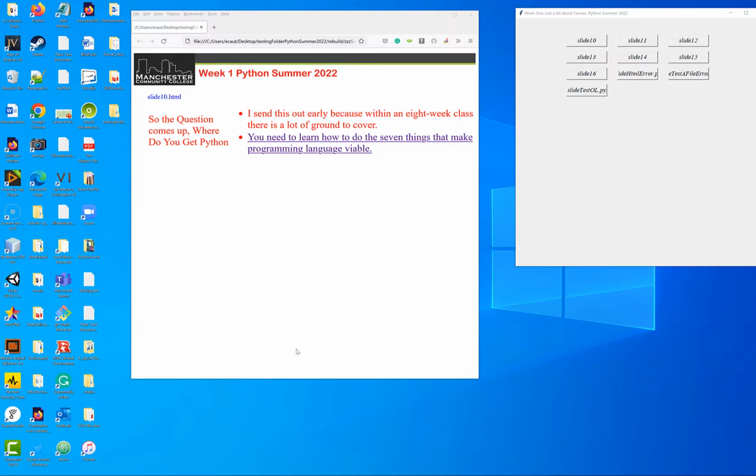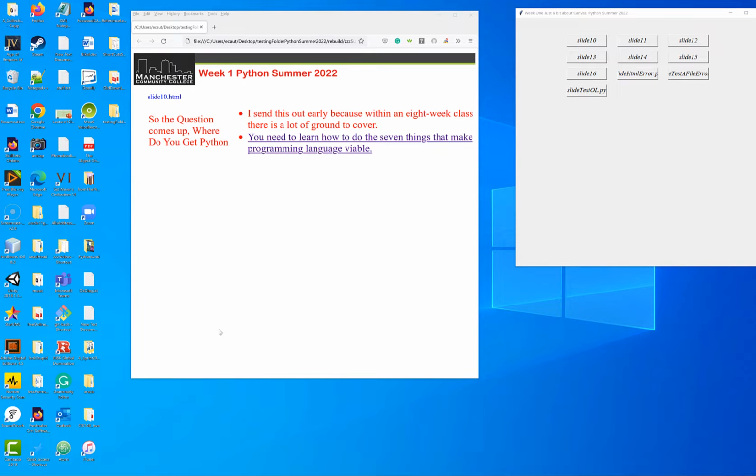Okay, let's start by saying this is important. This being an 8-week class, we're going to be stuffing things in it that might make you seem a little panicked. Therefore, rather than include where you get Python from in the very first week of class, which might be a little overwhelming, I've decided to send it out early in hopes and prayers that you folks pay attention and you download Python and have it up and running, at least in a testing environment, so that we can